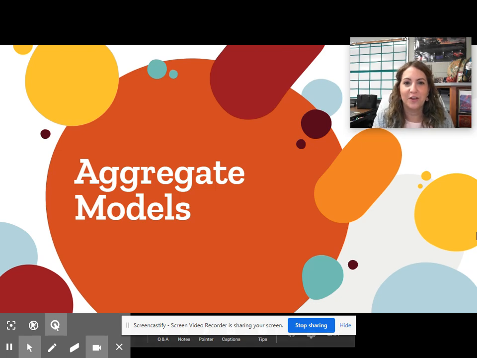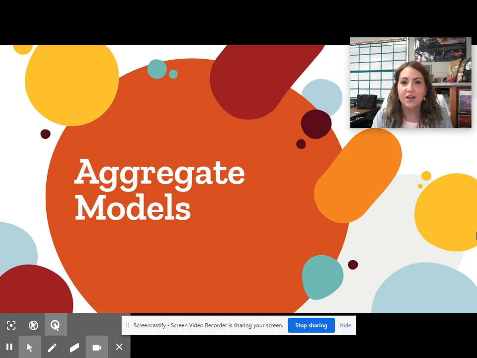Hey guys, welcome to our very next unit, aggregate models, which is just a fancy way to say graphs that contain big concepts. Aggregate is a fancy way to say total, and models is usually another way to say graph. So this unit is the meat and potatoes of the course. Everything's going to come back down to this, which kind of comes back down to our last unit, which was